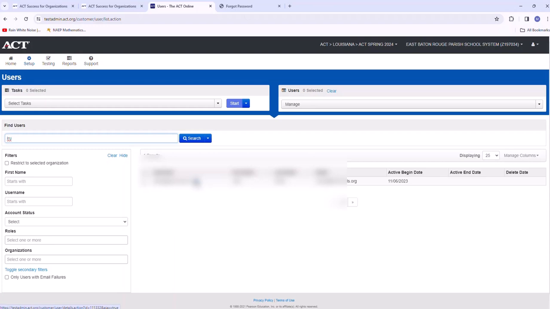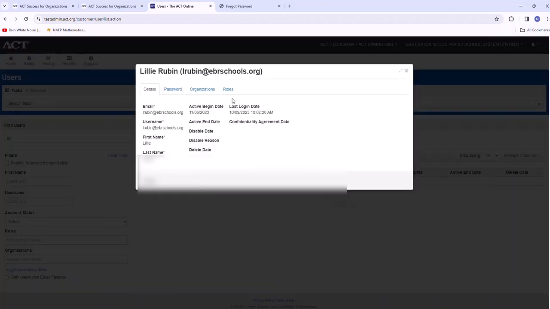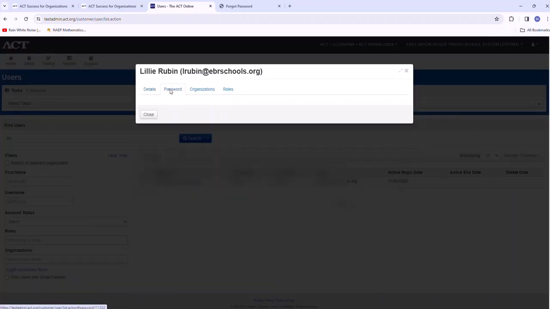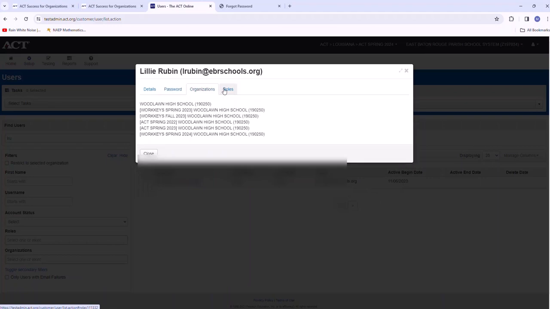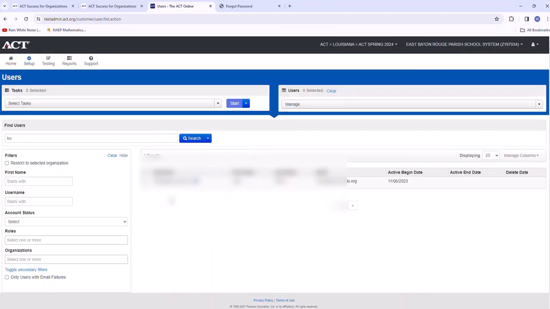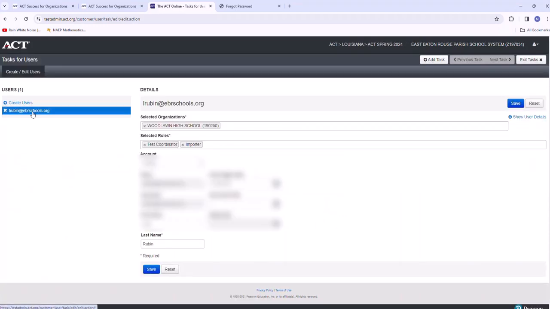Let me just click on the little blue eye right here, see if that will tell me anything. Nope. All right, so let me go to edit users. I'm not sure.